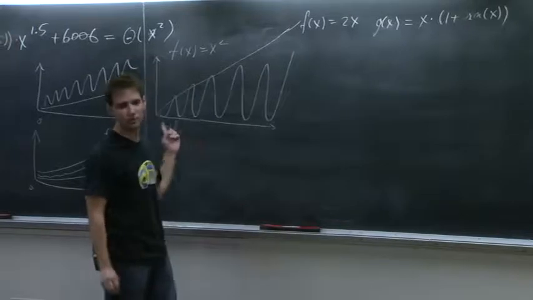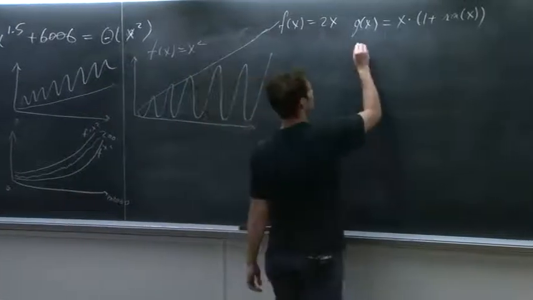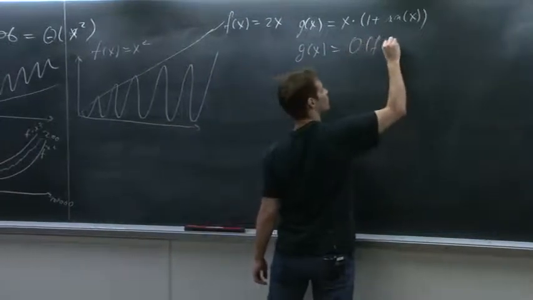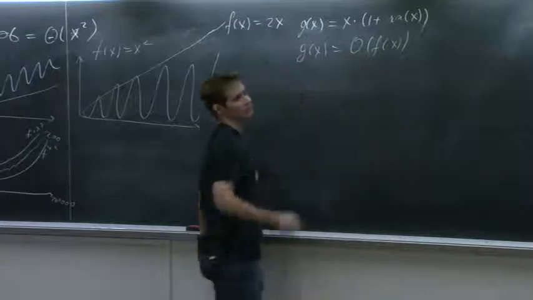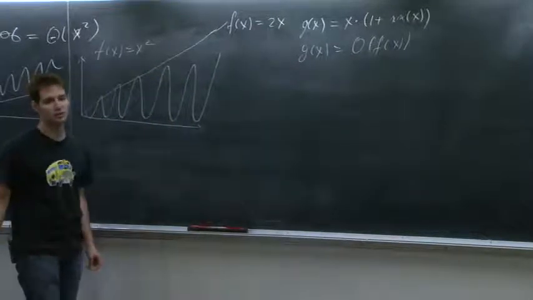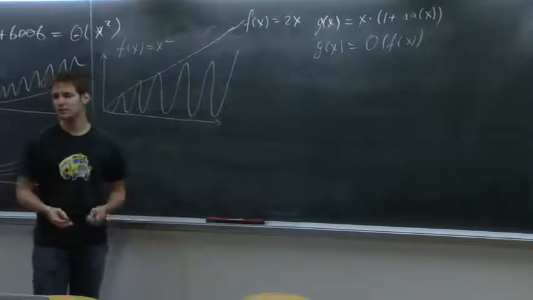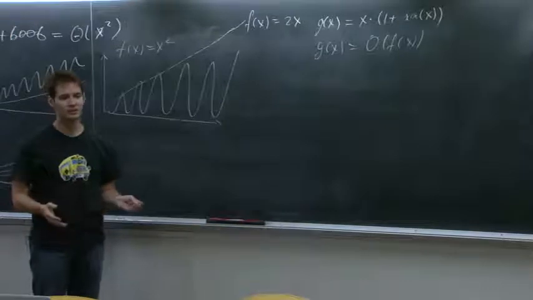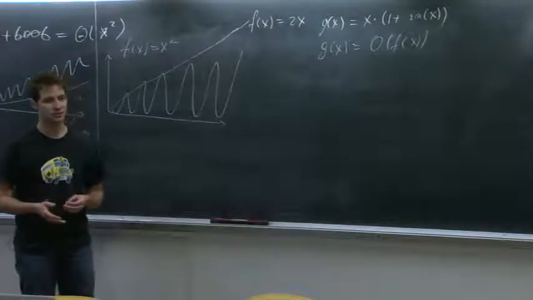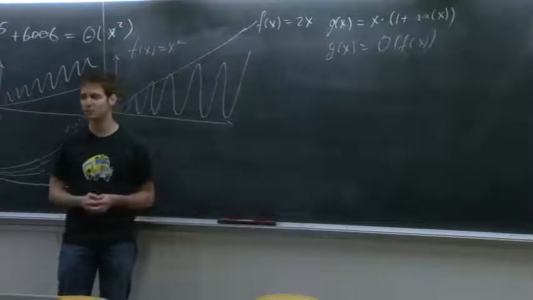And in that case, where I only have one upper bound and I don't have a good lower bound, I say that g of x is order of f of x. And this is what O really means. It means I only have an upper bound and not a lower bound. In most of the cases, when you're coding something, you don't really care how well your program can run if you're really lucky. What you really care about is how does it run in the worst case, or how does it run most of the time?